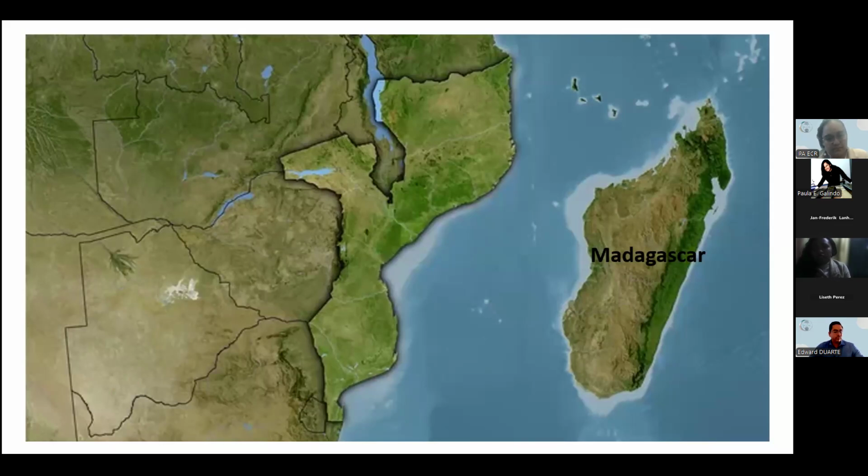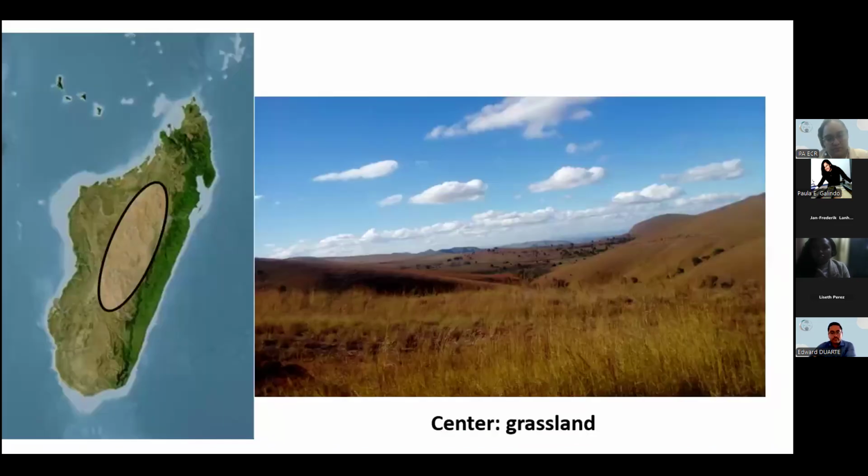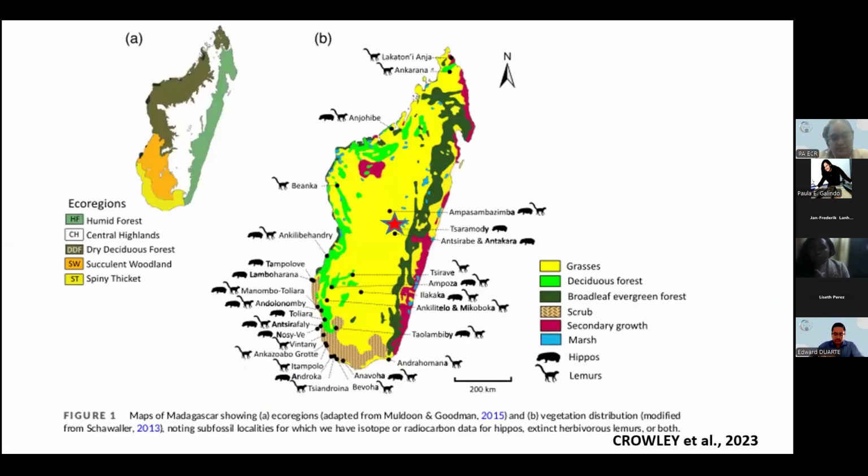So it has a varied landscape and multiple geographical zones, but I'm interested in the Central Highlands because this region is now largely deforested and devoid of native vegetation, and dominated by grasslands and steppe. So I chose my